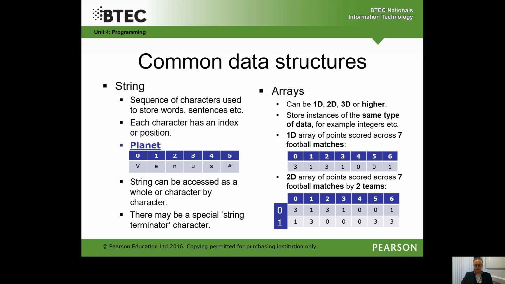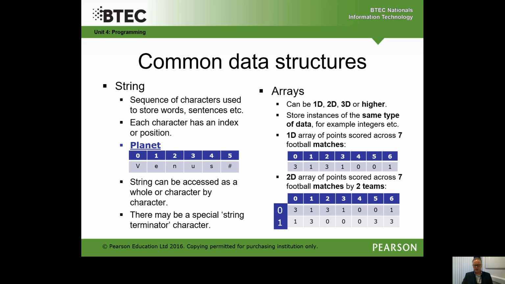String or text is a data structure which is used to store a collection of characters, with one character minimally requiring 1 byte of RAM. Strings may be a fixed length, for example, only containing a certain amount of characters, such as 10 characters max. Alternatively, they can use a special terminator character to mark their end. You can see an example on the left. After the word Venus, there's a hashtag character, which is used as a terminator character to mark the end of that string. This may mean that a string requires an additional character to be included, but it then allows them